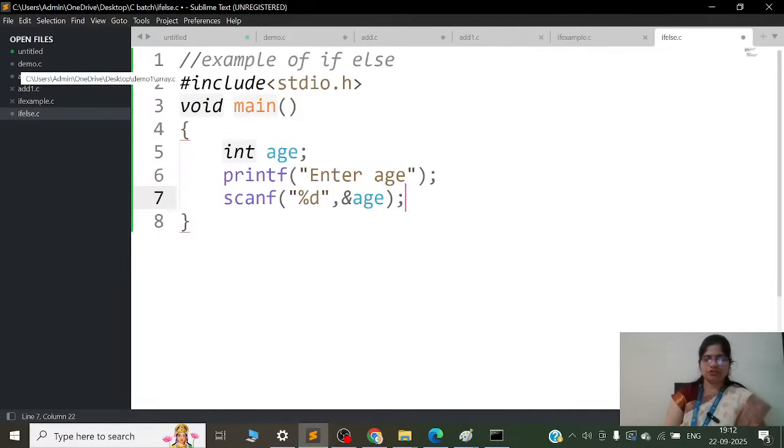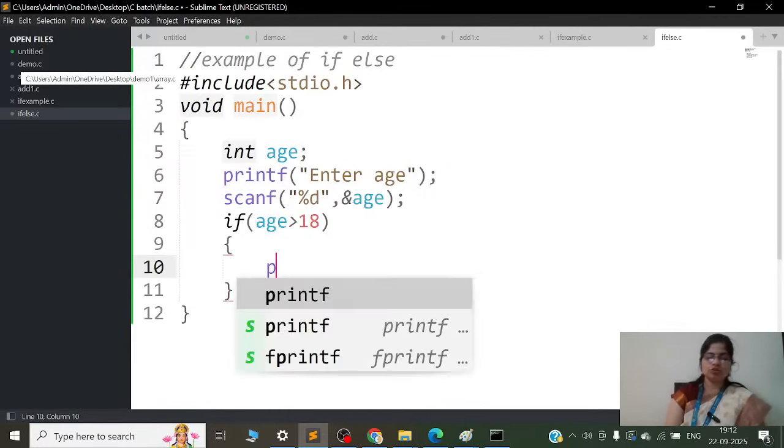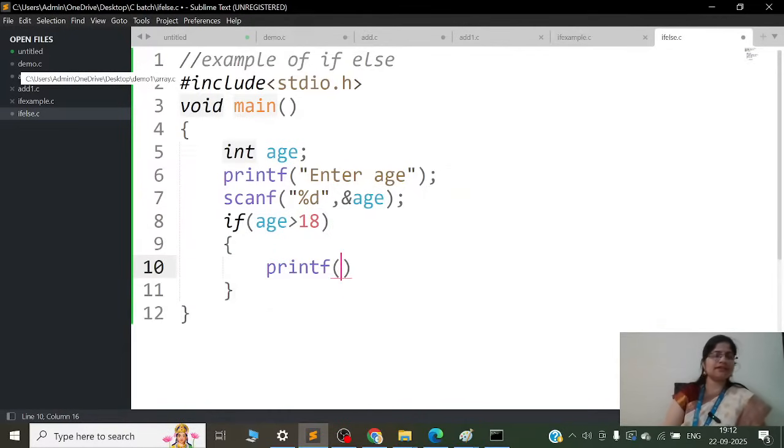ampersand age. So if age is greater than 18, अगर 18 से ज्यादा एज है तो ही वोटिंग कर सकते हैं, अदरवाइज नहीं. ऐसा हम प्रोग्राम बना रहे हैं. तो यहाँ पे आएगा यू आर एलिजिबल फॉर वोटिंग. Okay.